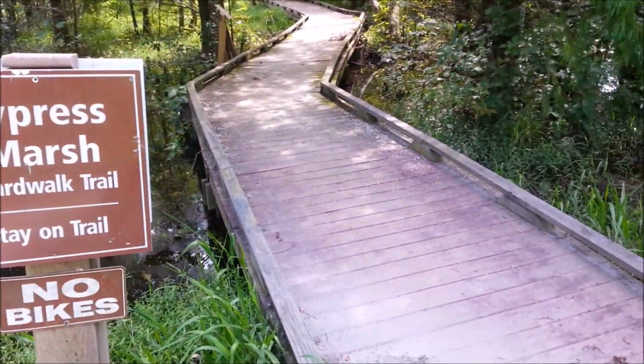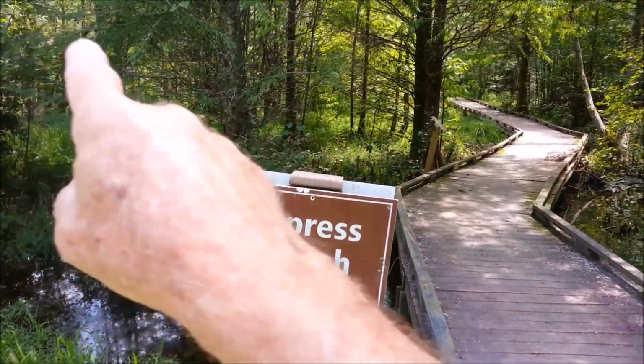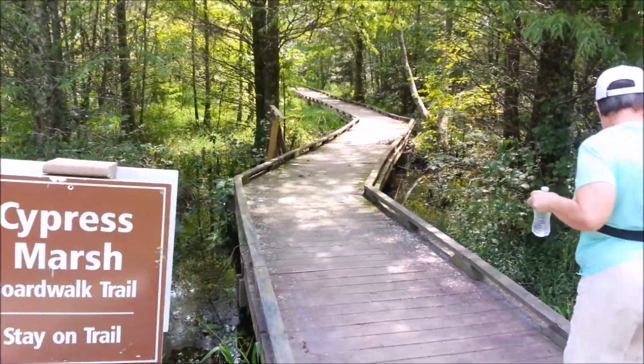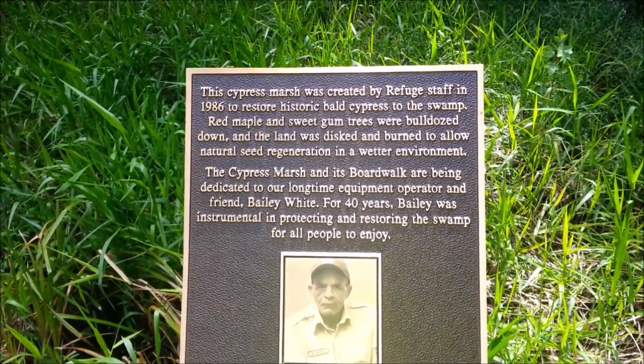We're going to take the Cypress Marsh Boardwalk. That goes up and then it goes out. This is going to be a little longer one. I think worth mentioning here is the fact that in